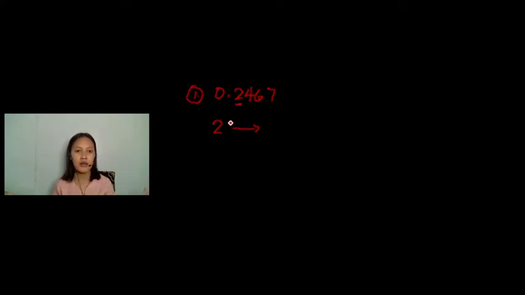Going back to our hint codes or cheat codes, kapag first digit, that is tenths place. And then for the value, its value is 0.1. Since ang digit na given natin ay 2, instead of 1, papalitan natin siya ng 2. So that will become